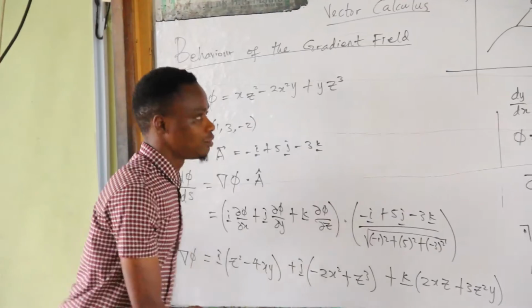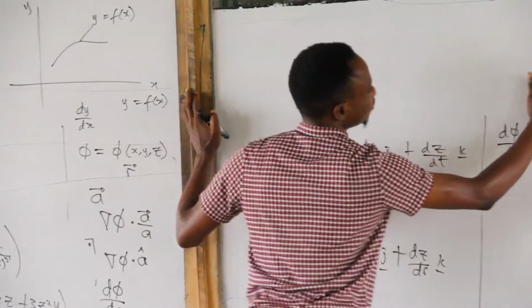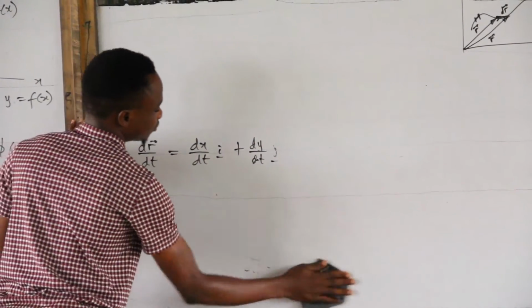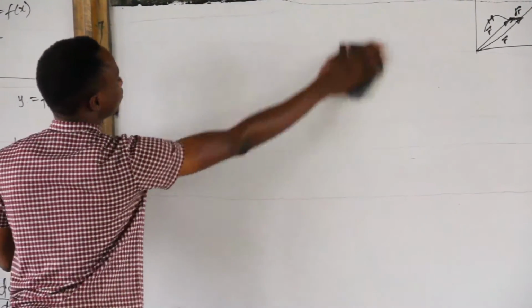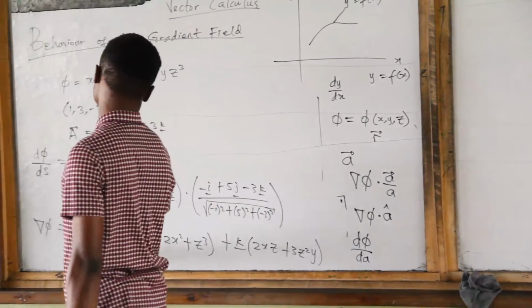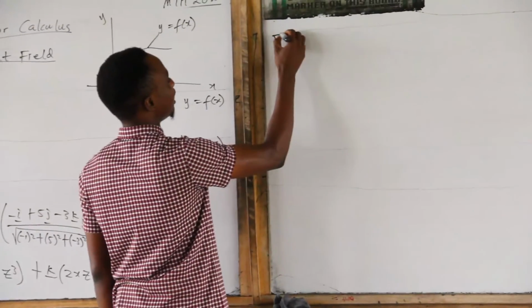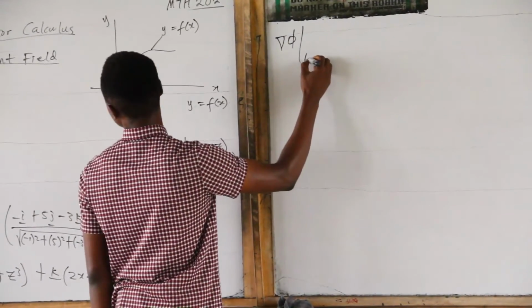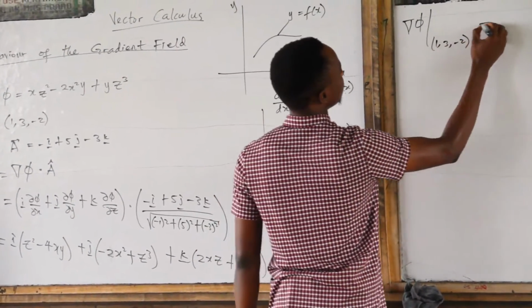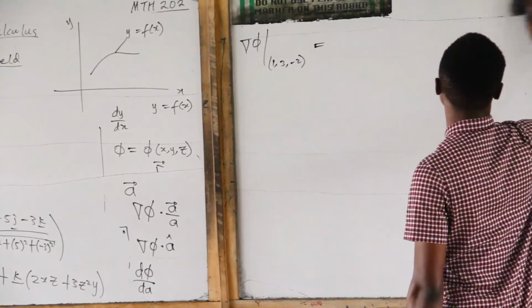So nabla phi at the point (1, 3, -2) is going to be equal to,